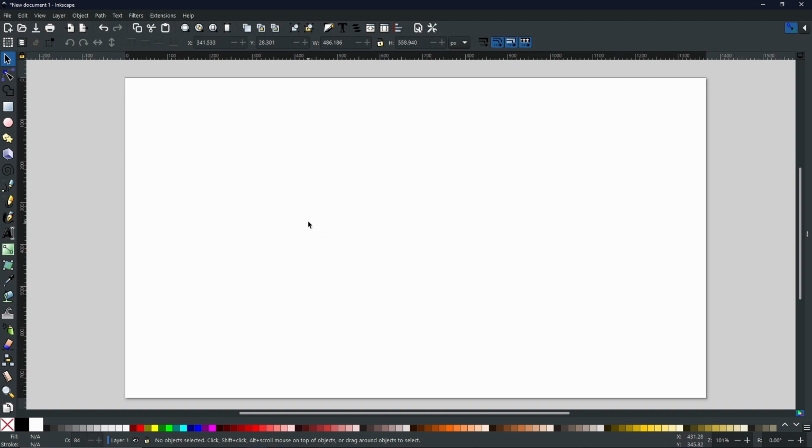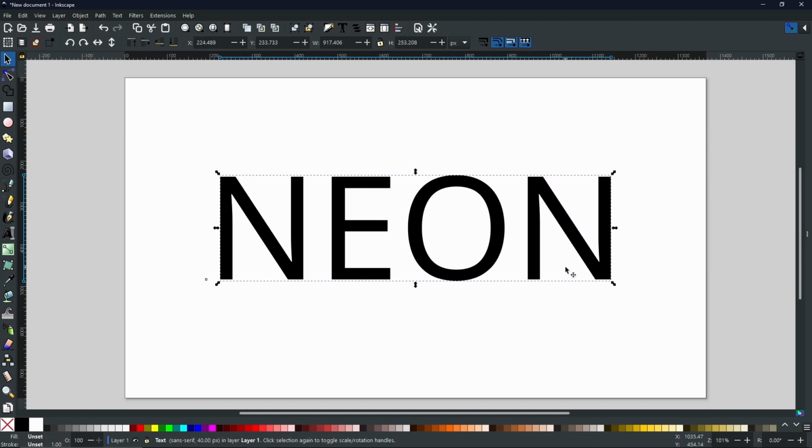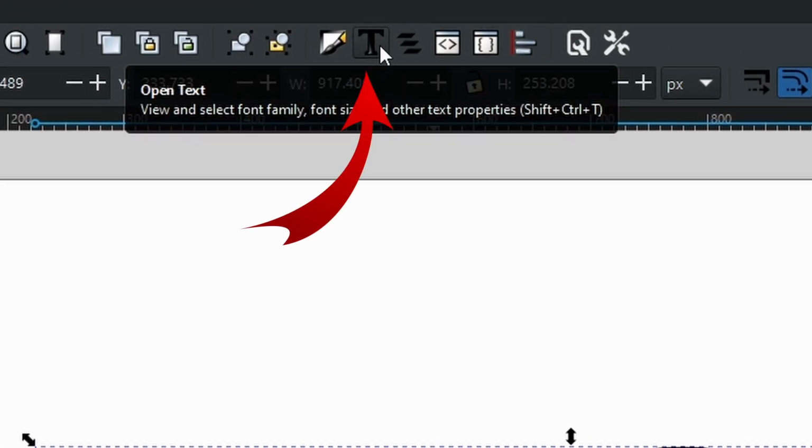So in order to use the fonts, I'm just going to come over to my text tool on the left hand side right here, and then click on the canvas to start typing. And I'm just going to write the word neon, like so. Now using my select tool, I'm just going to increase the size so it's very easy to see. And I am going to open up my font editor or my text editor, which can be found right here